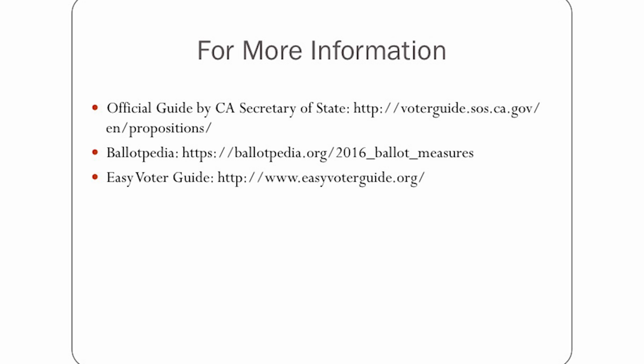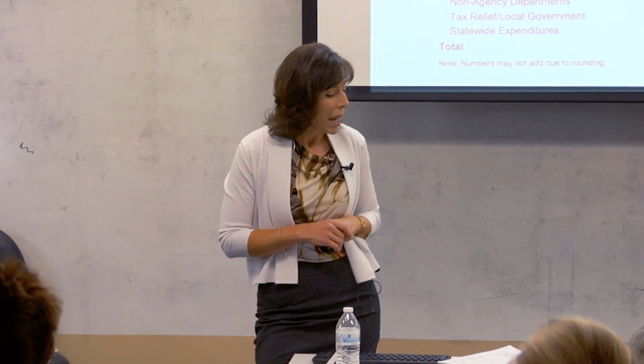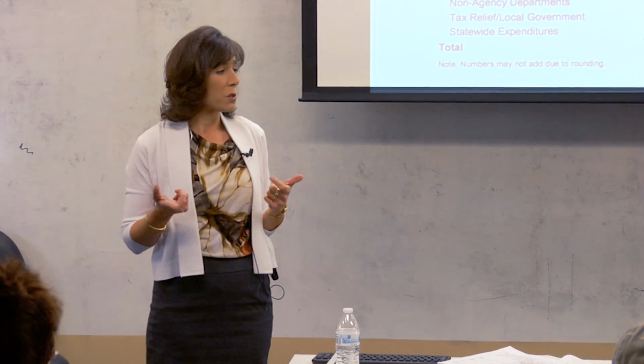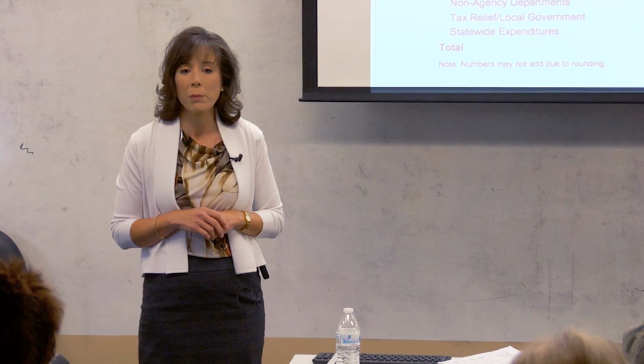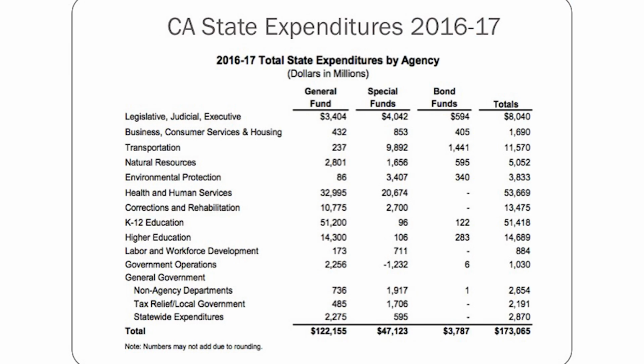So I thought I'd just give you a framework to start with in terms of what our California budgetary expenses look like, because we've got both revenue bond issues to take a look at and then also expenditures, so that you have a framework. California's budget is always expressed in millions of dollars because we have a big budget. So right now we have a total combined expenditure of about $173 billion, which is a combination of general fund expenses, special funds that come through a variety of different sources, and then bonds that generate income for us.